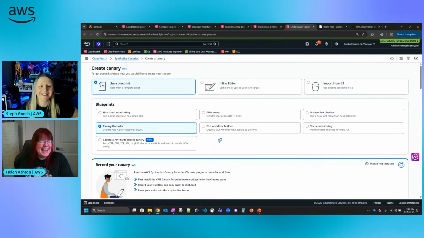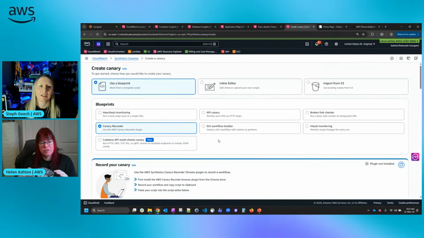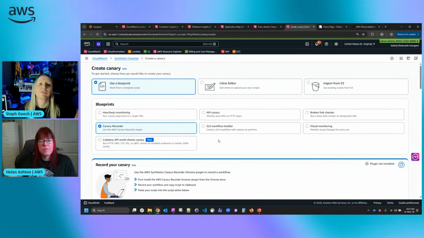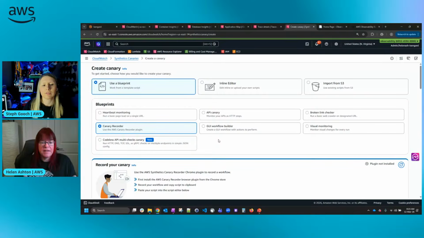Yeah. A couple of other things you can do. You can do a visual monitoring check. What this means is you can pick a portion of your page or exclude portions and say, this should always look the same. I want to know when it changes. So we might exclude the portions that show our login name or today's date or something like that.